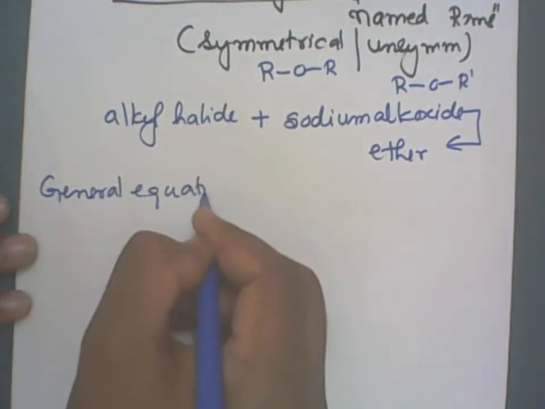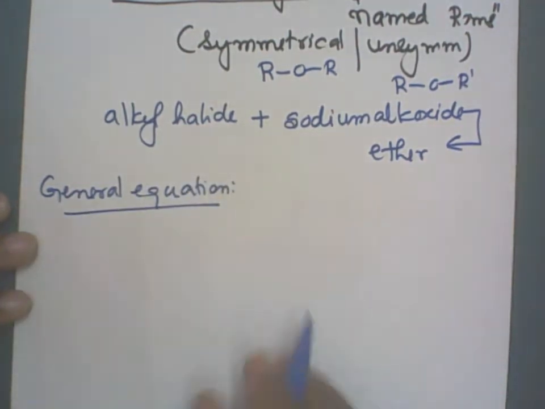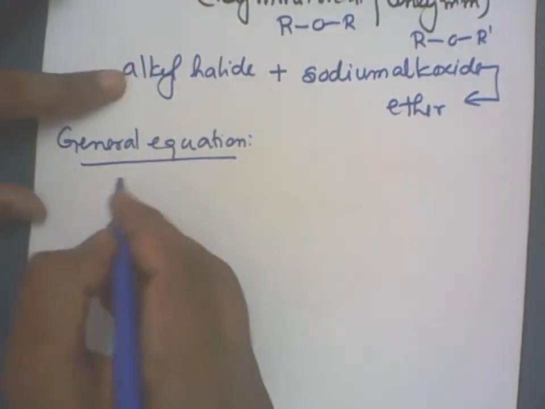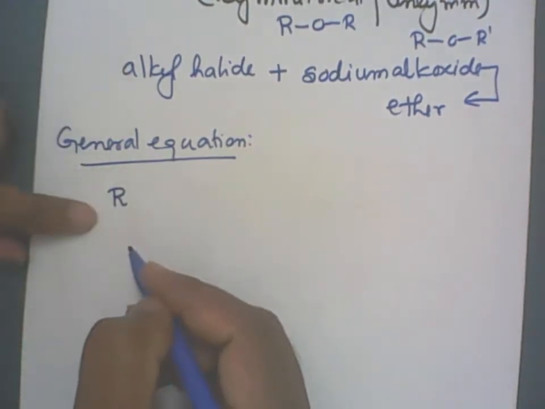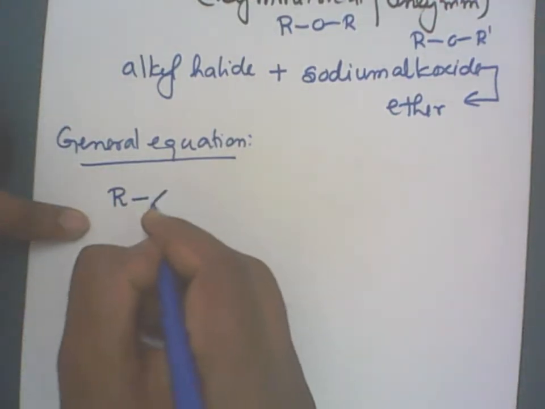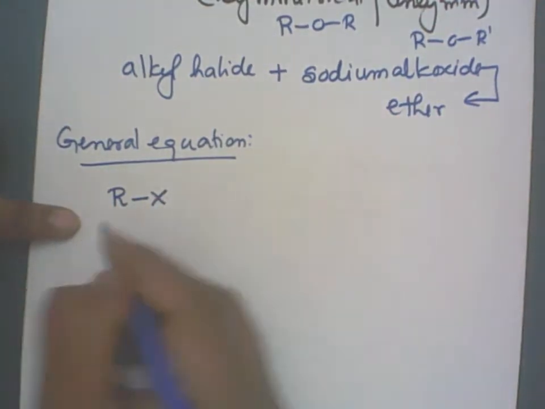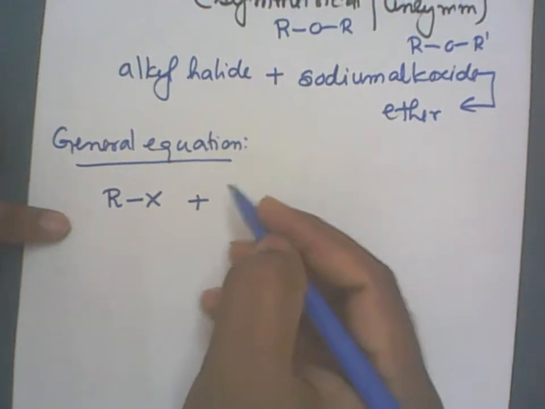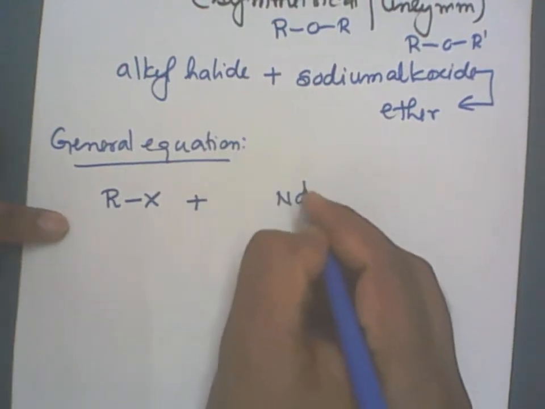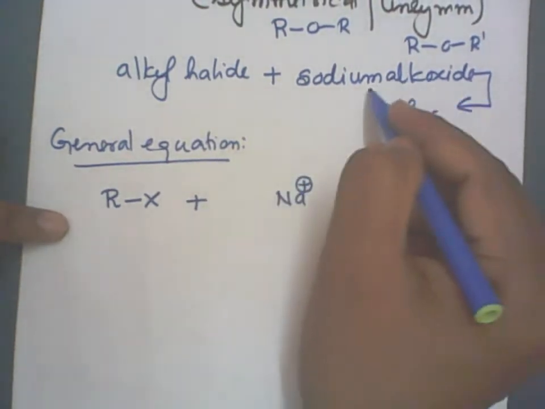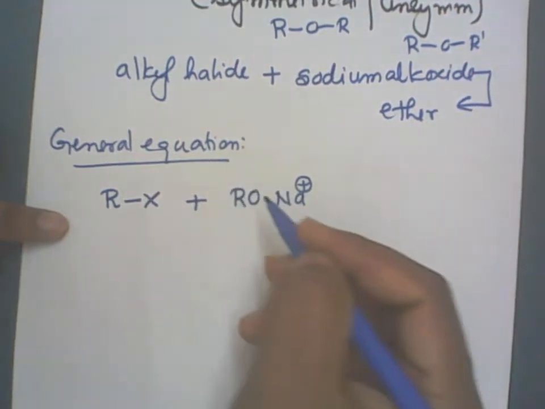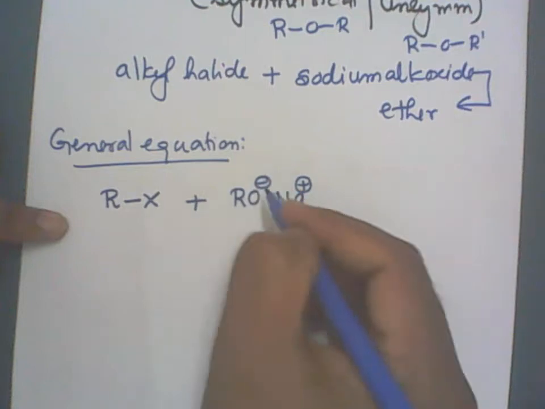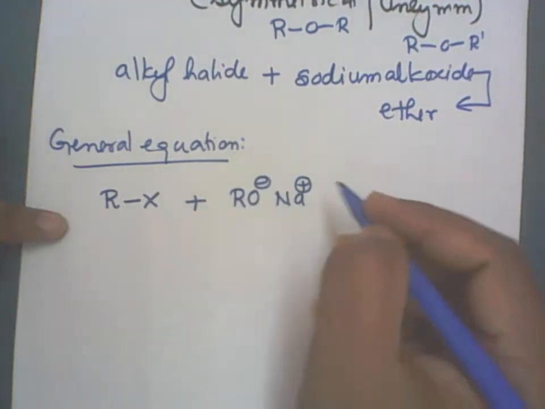What is the general equation? After that, we'll go for the examples. Clear? Now, alkyl halide. Alkyl we write in general R: methyl, ethyl, propyl, butyl. Halide, halogen atom. This is the alkyl halide. It reacts with the sodium salt of the alcohol, RO minus Na plus, the alkoxide, to give